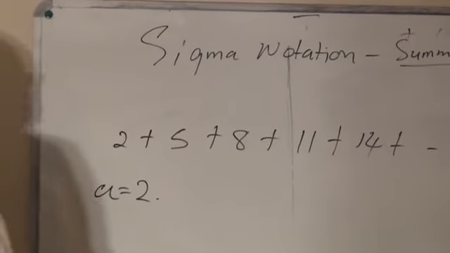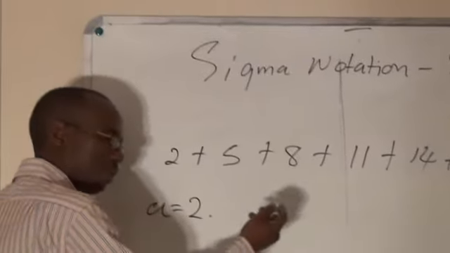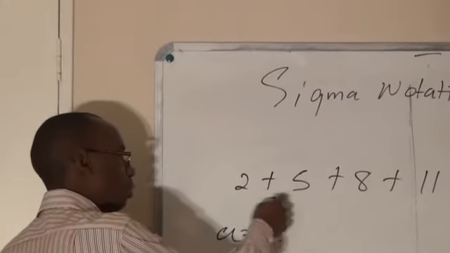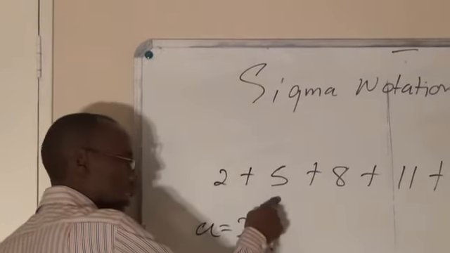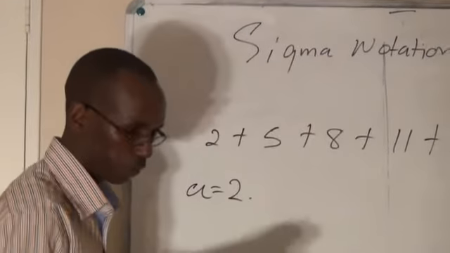Do we have a common difference? A common difference, if we do have, we know it will be Tn minus Tn minus 1. So a term minus its predecessor, they should always give us that common difference. So if we check,